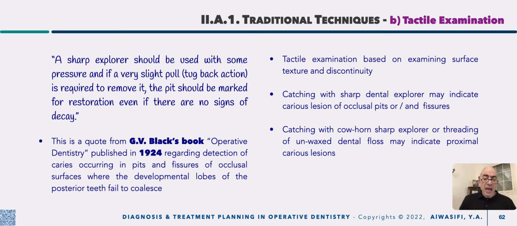Okay, and manufacturers already designed different shapes of explorer to provide more accessibility to different areas, including cowhorn sharp explorers, including also using, nowadays, unwaxed dental floss to be passed through the contact, and if it is frayed, then it meets a sharp area of your proximal surface that is tearing it,